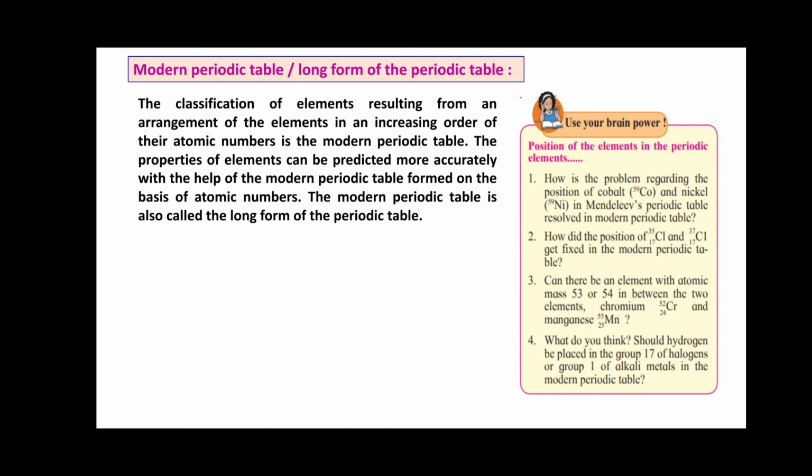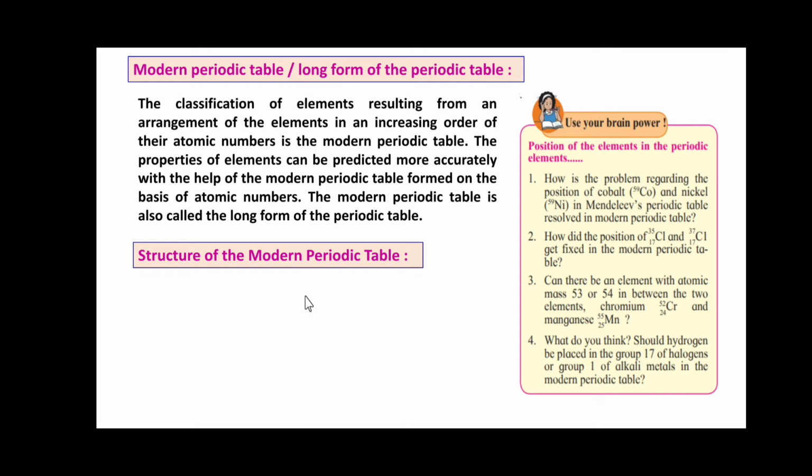Friends, here one thing arises that in the previous standard, the electron configuration of an atom, the way in which the electrons are distributed in the shells around the nucleus, is determined by the total number of electrons in it. And the total number of electrons in an atom is the same as the atomic number. So the relation between the atomic number of an element and the electron configuration is clearly seen in the modern periodic table. So friends, now we'll see the structure of this modern periodic table.